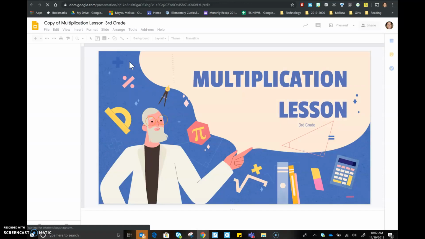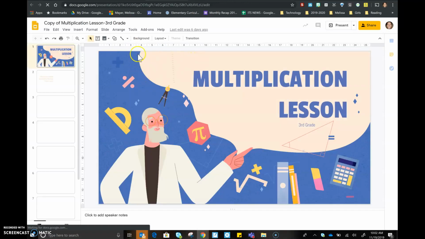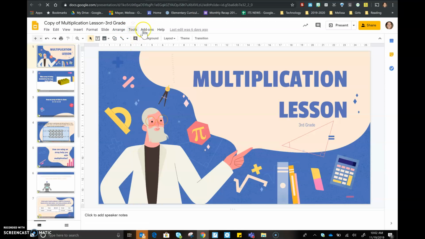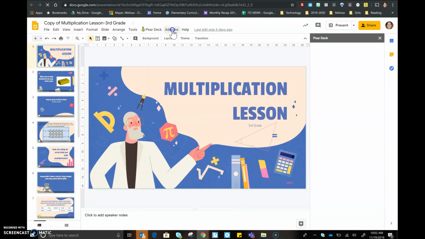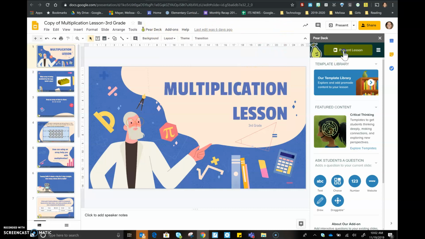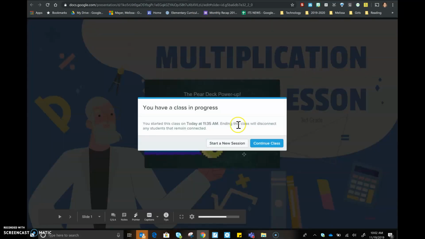So what we'll do when I'm there is pull this up on your computer, and either the Pear Deck will show up here, or you'll go to, oh, there's the Pear Deck. You can also go to add-ons and then Pear Deck and open Pear Deck if you don't see this Pear Deck right here. And then we'll go to present lesson,